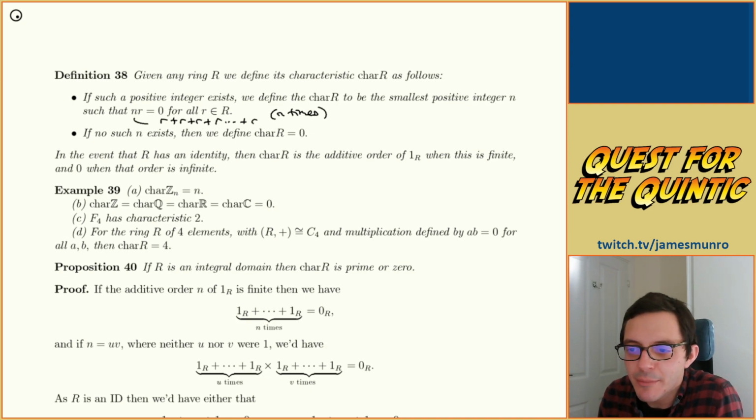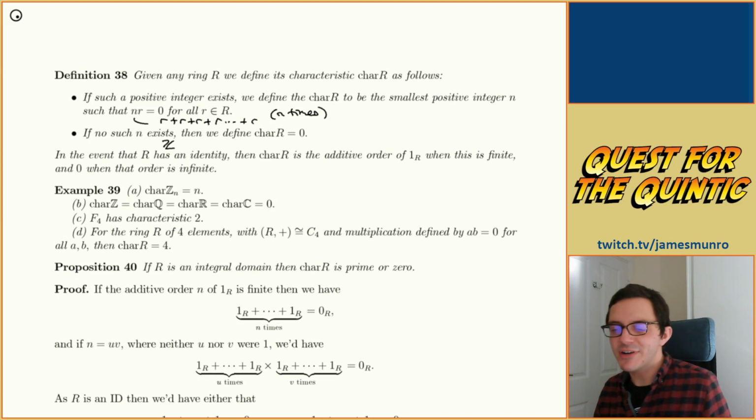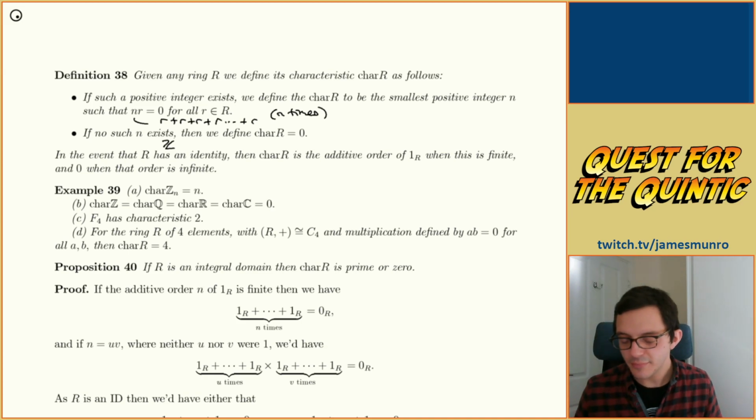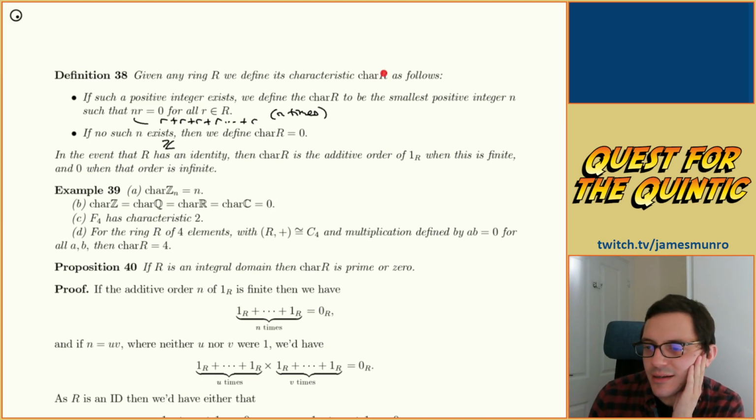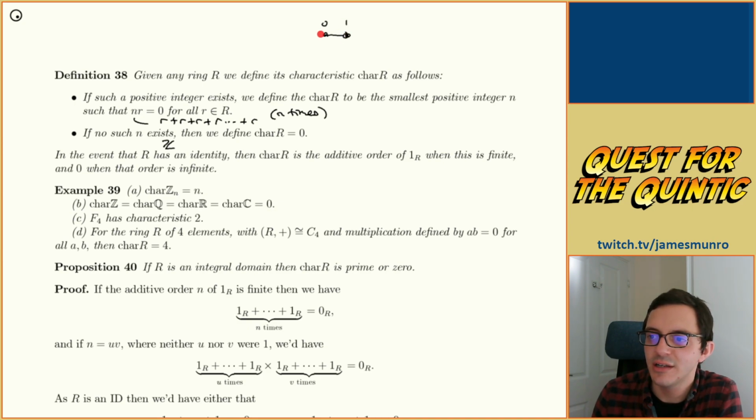I think the ones that are more interesting to me are the ones where no such n exists. So things like Z, they're defined to have characteristic 0. I guess the thing to imagine is like you go off on this walk, so you start at 0, and then you add 1, because in your ring with identity,